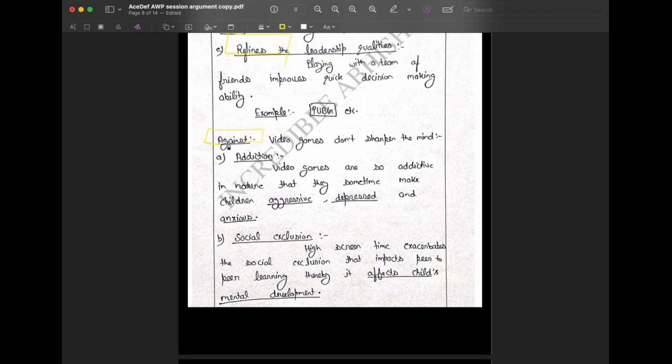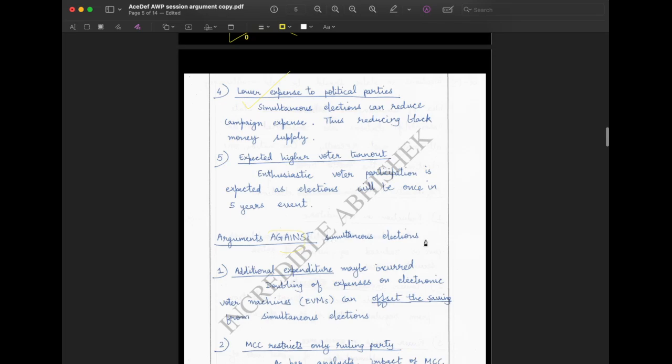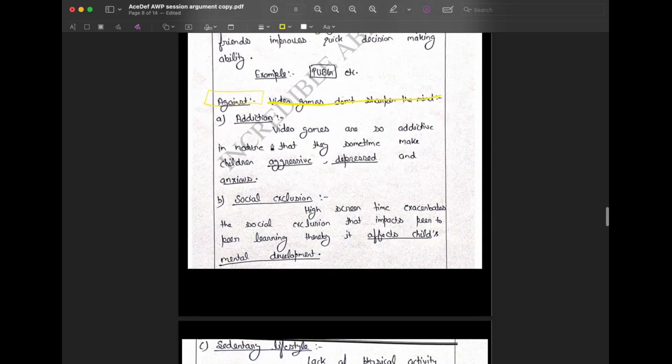Against, now here I suggest you can box it up. वीडियो गेम्स डोंट शार्पन द माइंड. अगर आपके पास टाइम कम है, if you have less time, you don't need to write this, you can write straight away against and go for it. Like here, arguments against simultaneous selection. If you don't have time, you can avoid this, but yeah, it does not make much of a difference. Okay, against addiction, social exclusion,